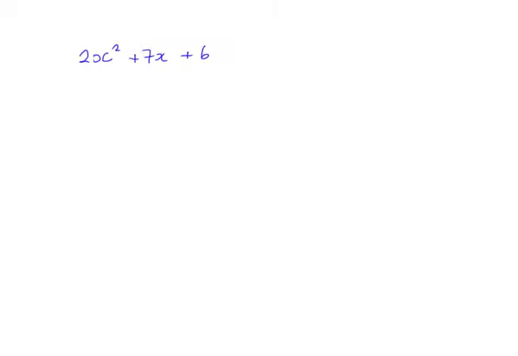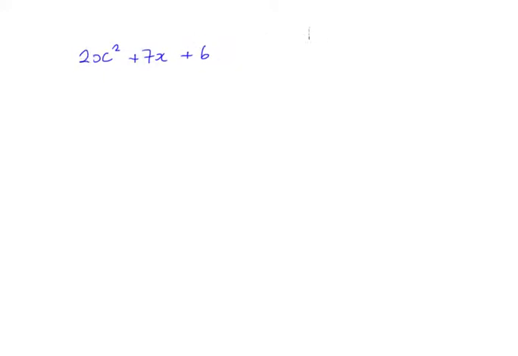Sometimes we have to deal with a situation where we have a coefficient of x squared, a number in front of the x squared, and that's more difficult, and that's what people always struggle with. So I'm going to do a couple of examples where we've got a number in front of the x squared. In this case we've got a 2, so Mr. Listrick's patented method for solving this is step 1, we multiply a and c, the first number and the last